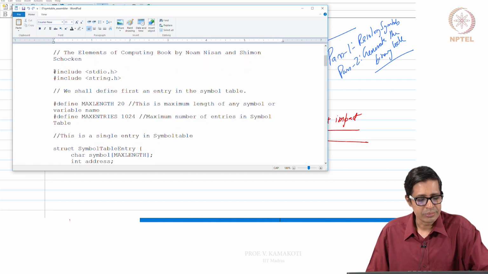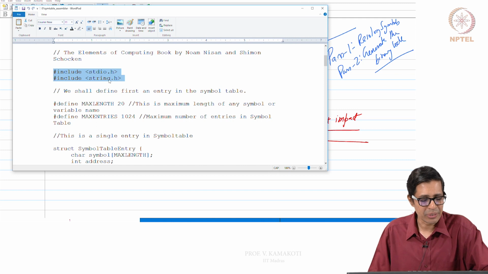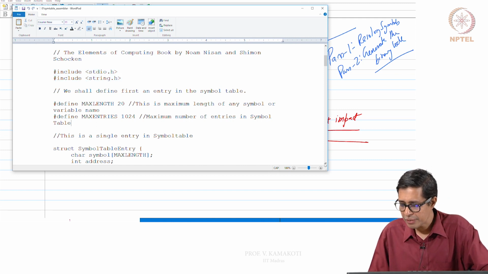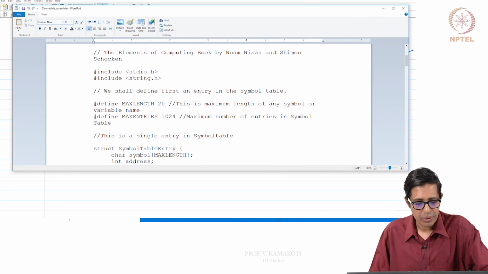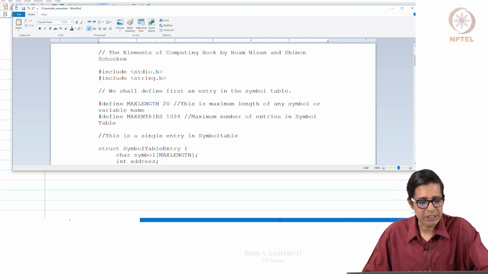Now these are two include files, because you're going to use a lot of IO and also string, even while creating this symbol table. So you need to do this. Now comes these two hash defined variables, as you see here.